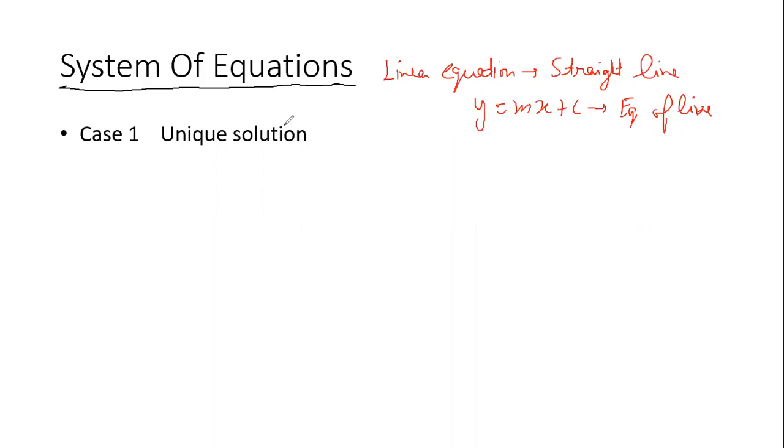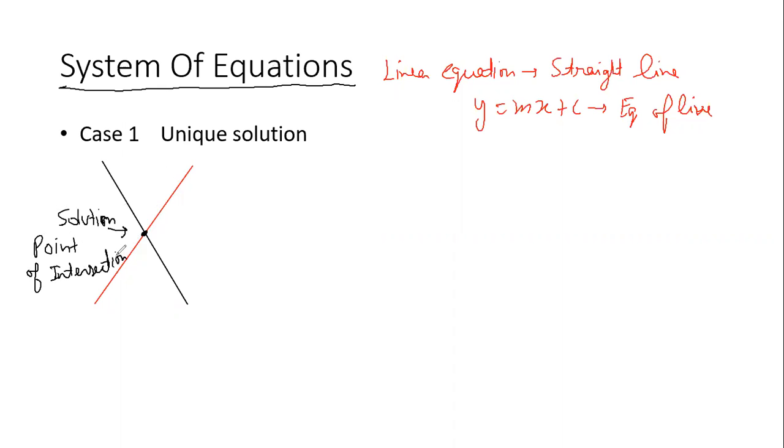Now, system of equations. There are 3 types of systems that are possible. So you realize 2 lines. Let's say this is one line, and let's say there is another line. Do you realize 2 lines will always intersect at one point, right? They cannot intersect at more than one point. So 2 lines can intersect at only one point, and that's called the solution. If you solve both the lines, you'll get the solution, or you can say the point of intersection. So the point of intersection is nothing but the solution of both the lines.